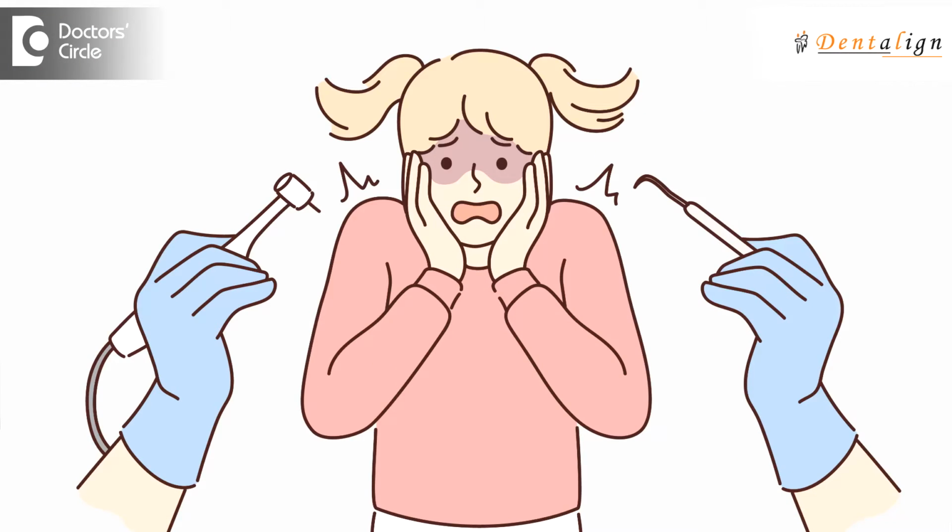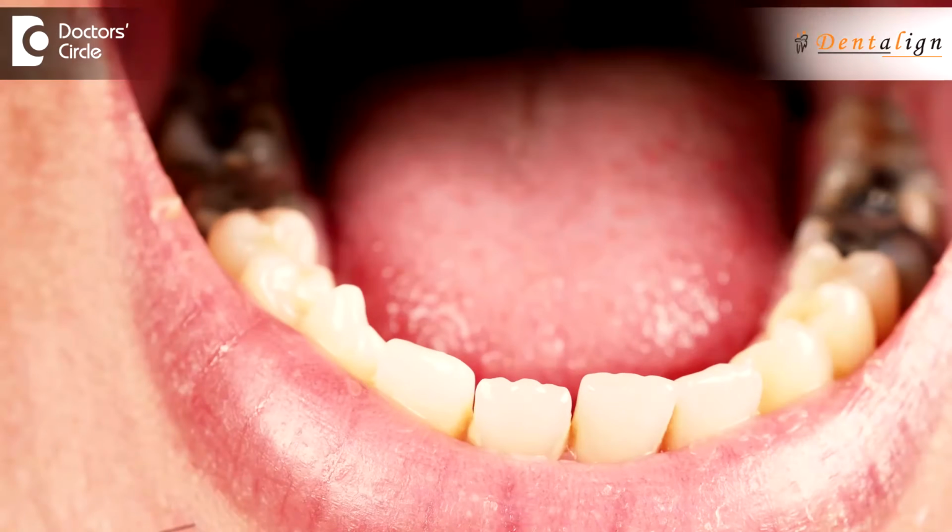What is a root canal and why is it needed? Now, the root canal treatment is one of the most feared procedures in dental treatment. The reason why it is needed is when you have untreated dental decay, the decay can spread through the different layers of the tooth all the way till the pulp or the nerve